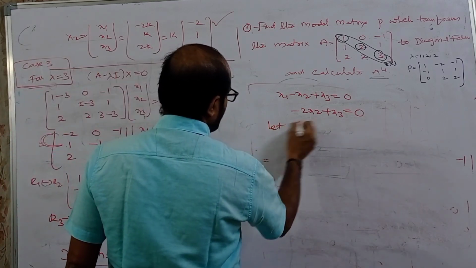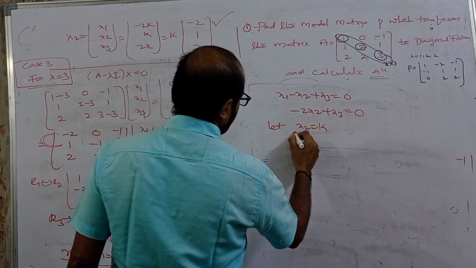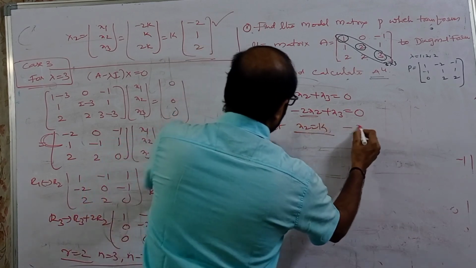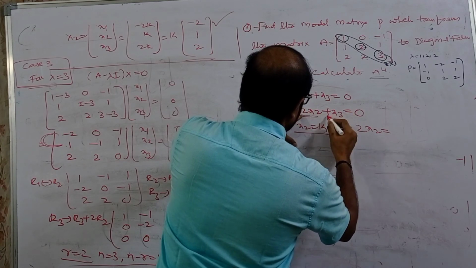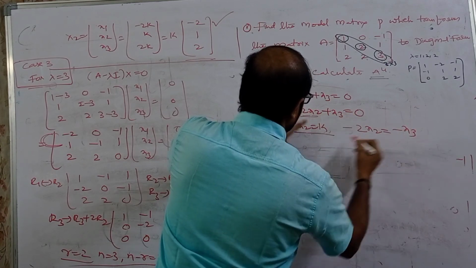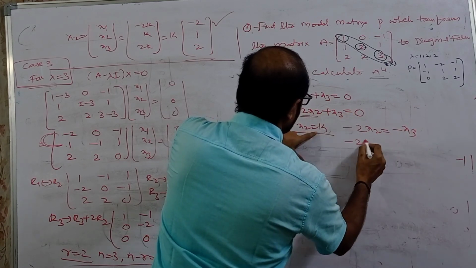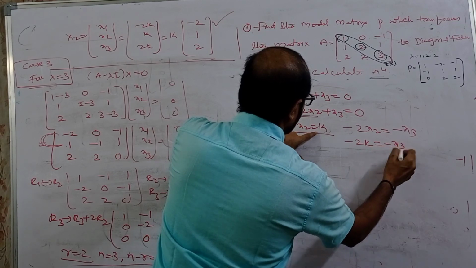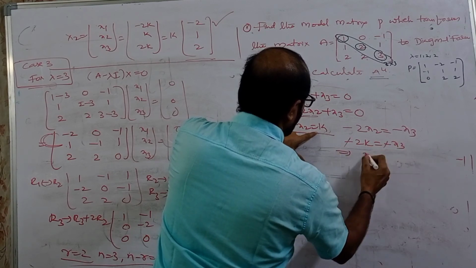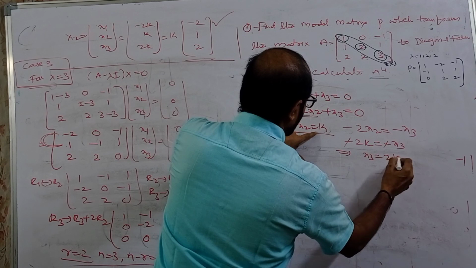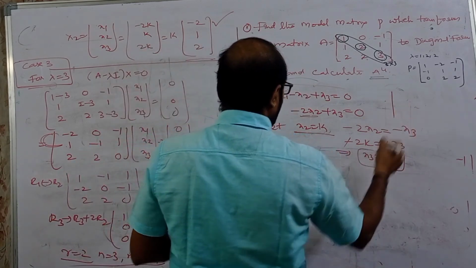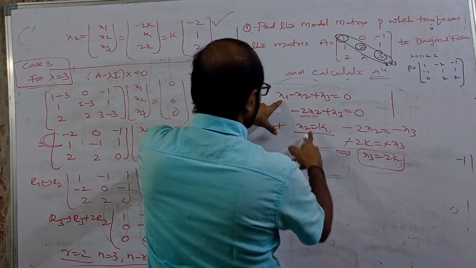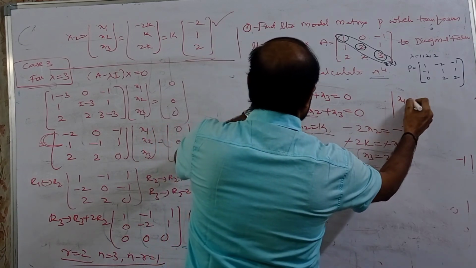So now in this also the same, I will take x2 equal to some k. If x2 is k, minus 2x2 equal to minus x3. x2 I am taking k, so minus 2k equal to minus x3, implies minus minus cancel, x3 equal to 2k. If x3 equal to 2k, x2 equal to k, what is x1 now? x1 equal to